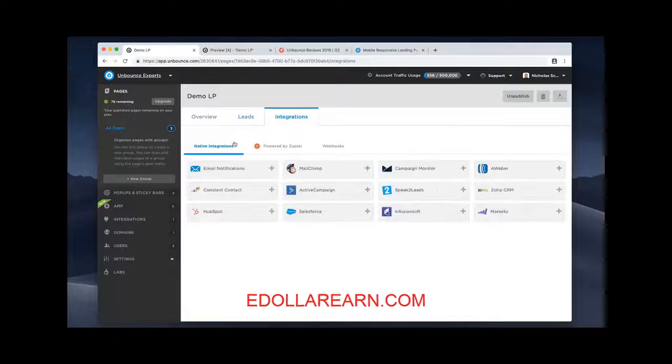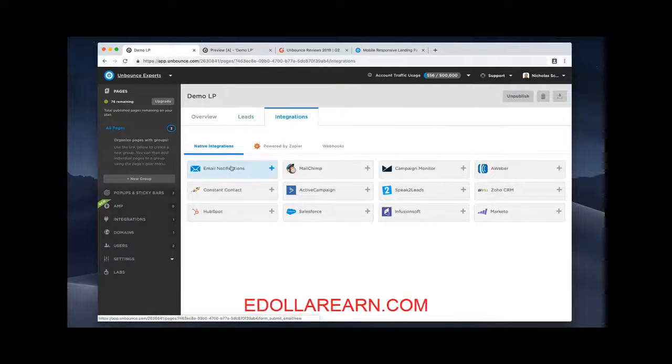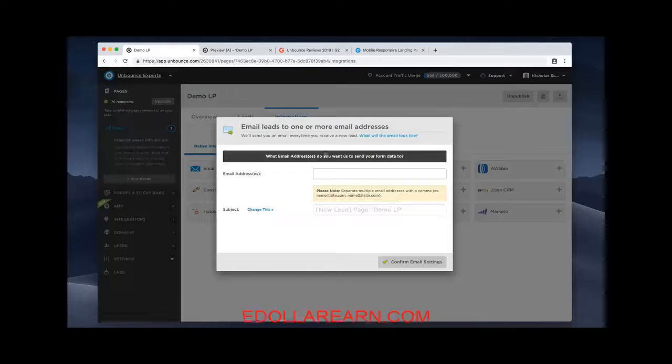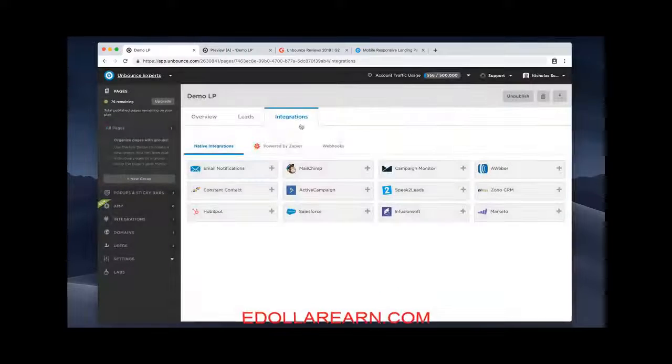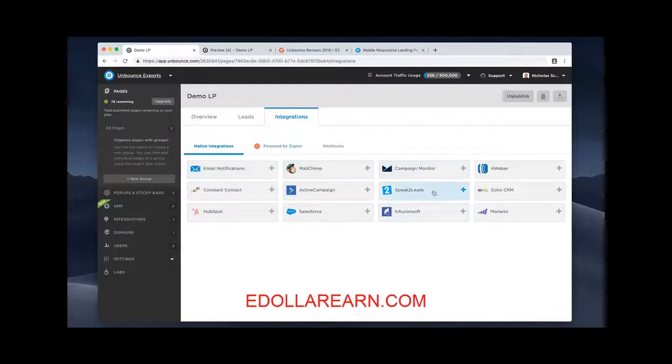But this is where you can set up integrations. And this is where you can also set up email notifications. So if you want to be notified each time someone fills out that form, you can easily set up those notifications here. You can also have them be sent to a client or to multiple people. And then there's a whole bunch of integrations. If you don't see the integration you're looking for here, you can usually get it accomplished by using Zapier, which